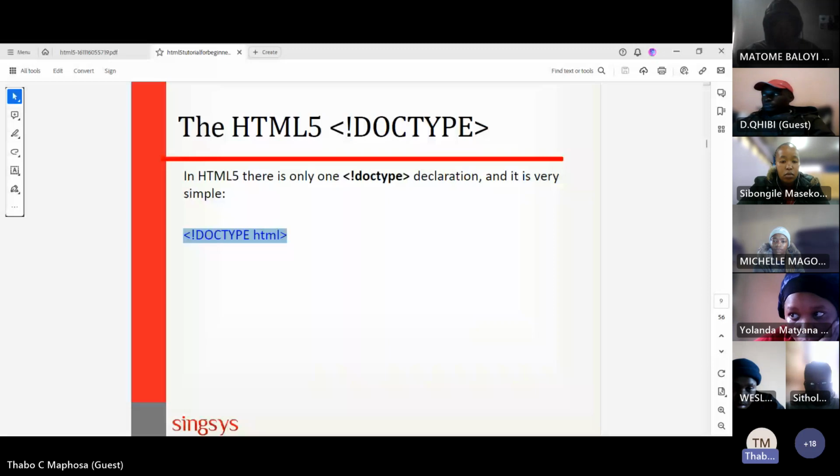Okay, as Fiso is saying, it shows the version of HTML being used. That's what you're literally saying. Yes, specifically.